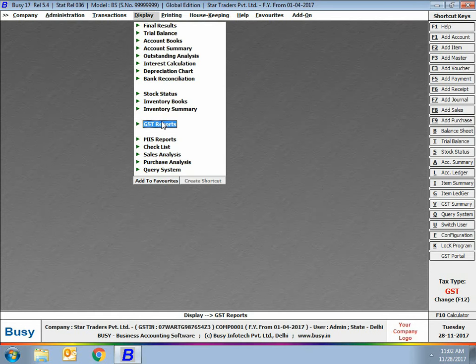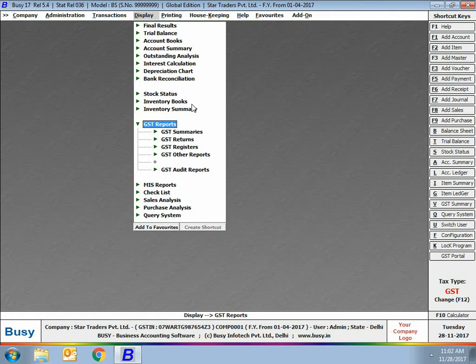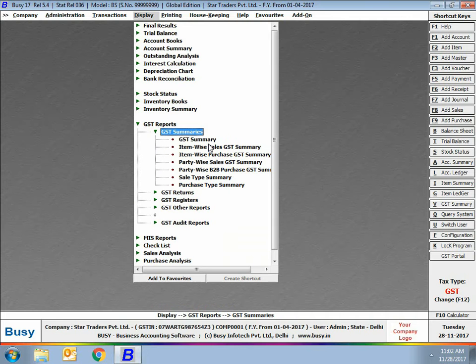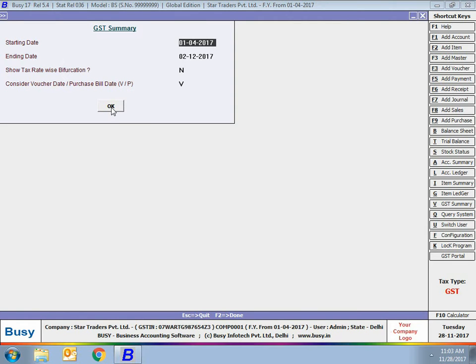First we'll go to the display menu, and in the display menu we'll go to GST reports. You can see on the screen lots of reports are appearing. First of all, we'll discuss the GST summary. GST summary is a detailed summary of all the transactions related to GST. On selecting the GST summary option, you will specify the starting date and ending date, that is the date range